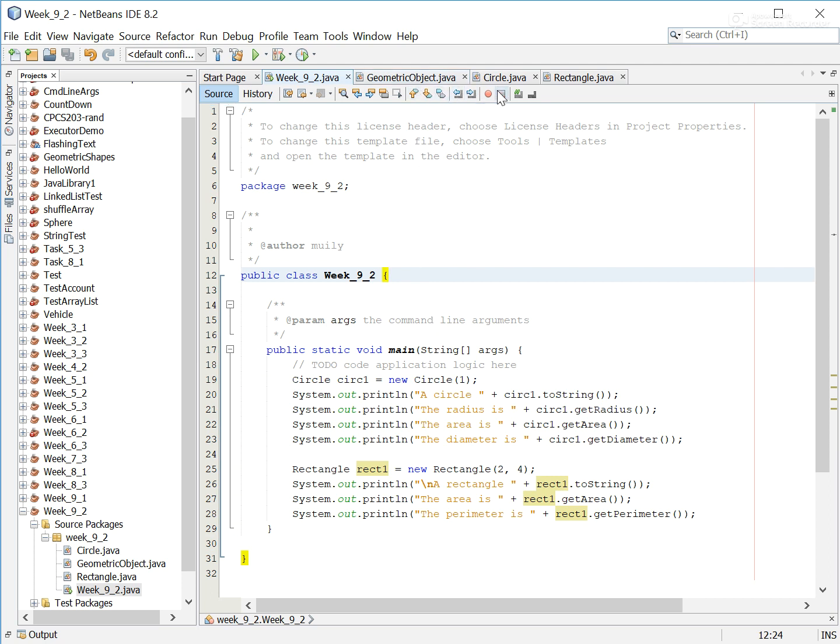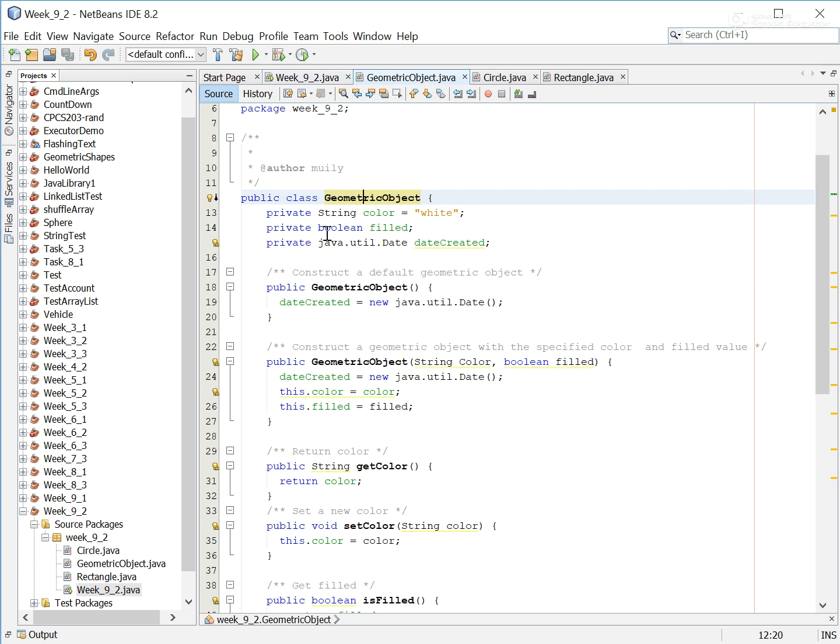Now you see that I actually just created a circle and a rectangle. I did not explicitly create an object of class GeometricObject. I didn't do that. Because Circle is a subclass of GeometricObject, when you create a Circle object, first a GeometricObject is created, and that is followed by the creation of the Circle object over here. Okay,